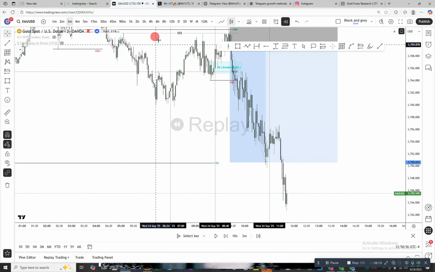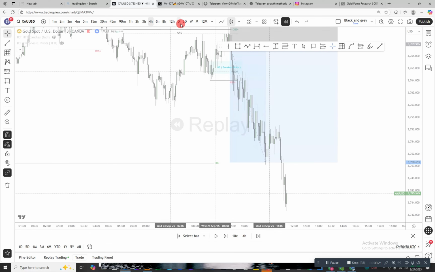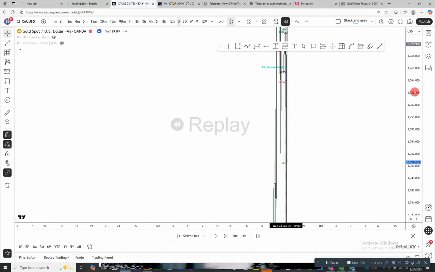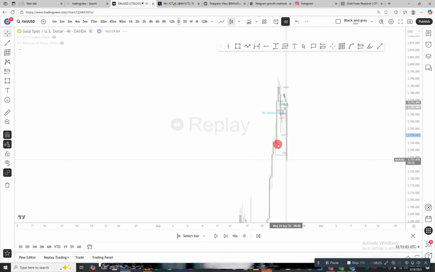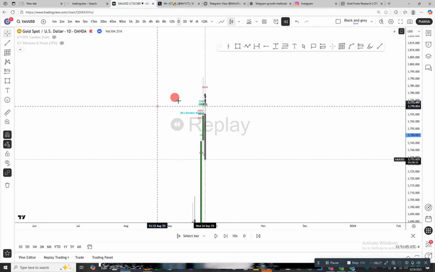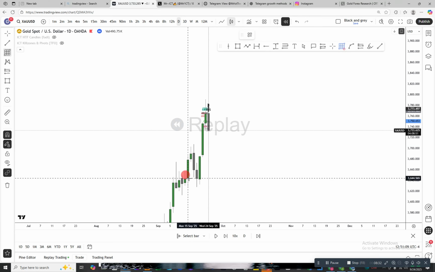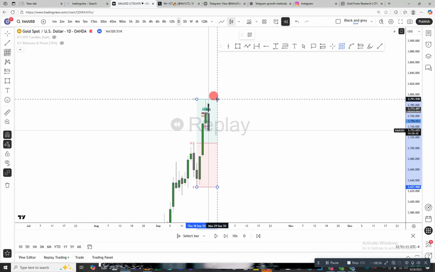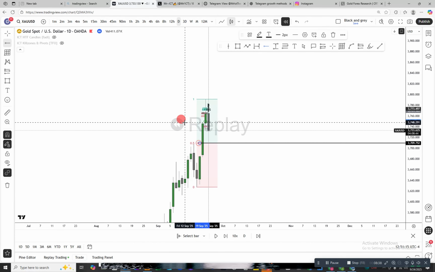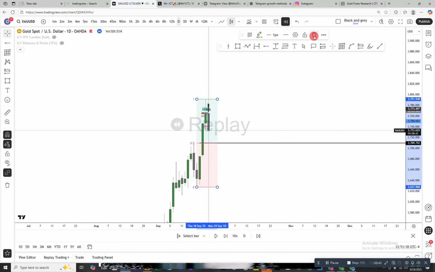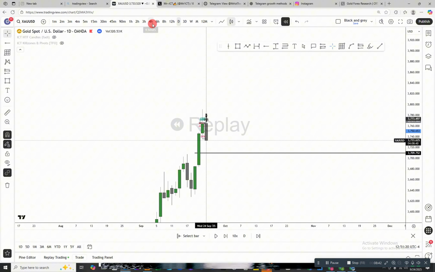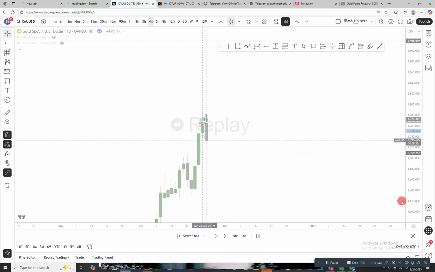It was a complete breakdown video, and let me show you the next move of the market as well. For me personally, if I look into the daily time frame, here is the level where the premium level is converted into the discount level. Let me show you the H4 time frame levels as well.